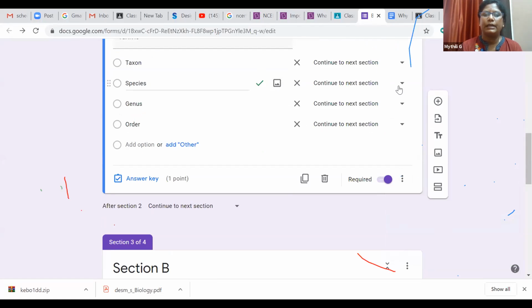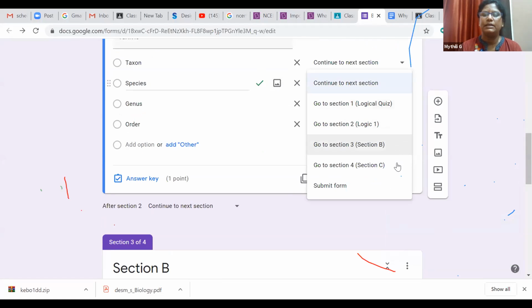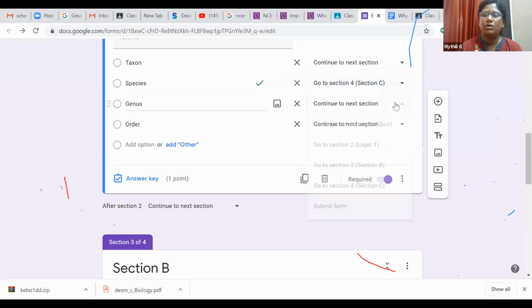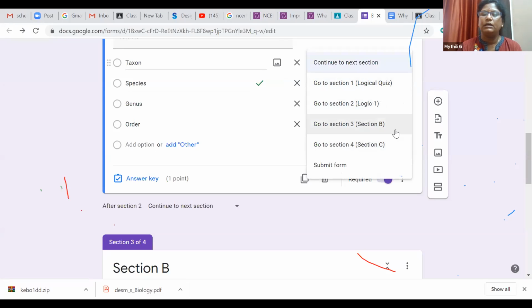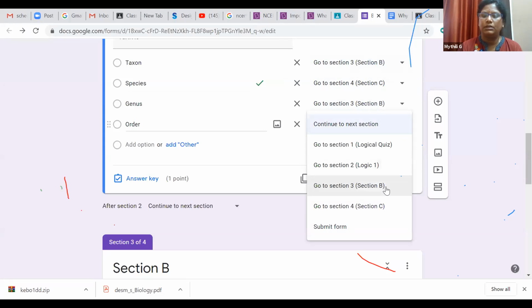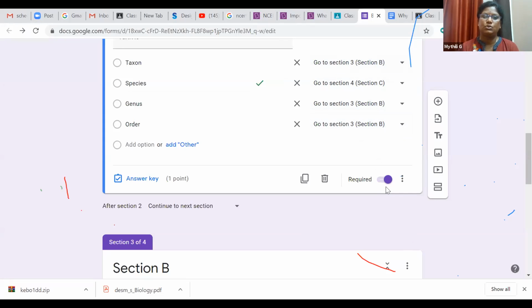So if it is a correct answer, then they will go to section C. If it is wrong, then all will go to section B. So like that, you can give the logic on this particular question, so that the students cannot just copy the same answer. Based on the answer, they will move to some other section to answer the question. So in this, you can build like this.